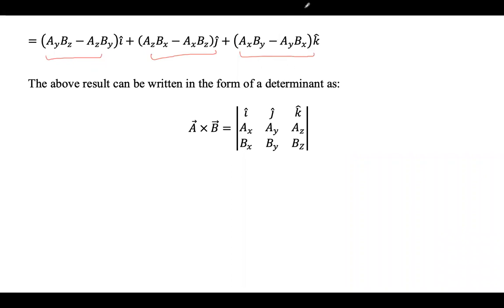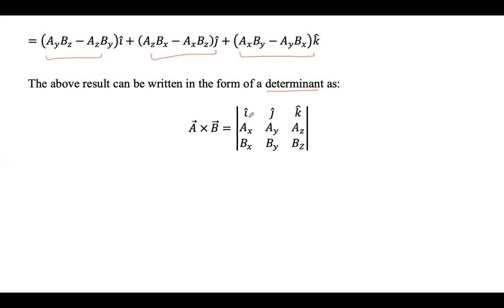Now, this can be written in the form of determinant, as A cross B is written in the form of determinant. Determinant जिन्होंने मैथमेटिक्स लिया था, मेरे ख्याल से सप्रीत ने मैथमेटिक्स लिया था तो उसको तो पता होगा. I don't know about Betsy whether she knows it or not. So I'll just explain you.